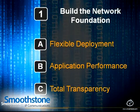So let's think about the network foundation and what it takes to build an MPLS platform, an IP network platform, which is capable of delivering cloud-based services. We think of our network services as really kind of like an on-ramp for cloud. We don't think of ourselves as a network services company, but about 40% of our revenues comes from managed network